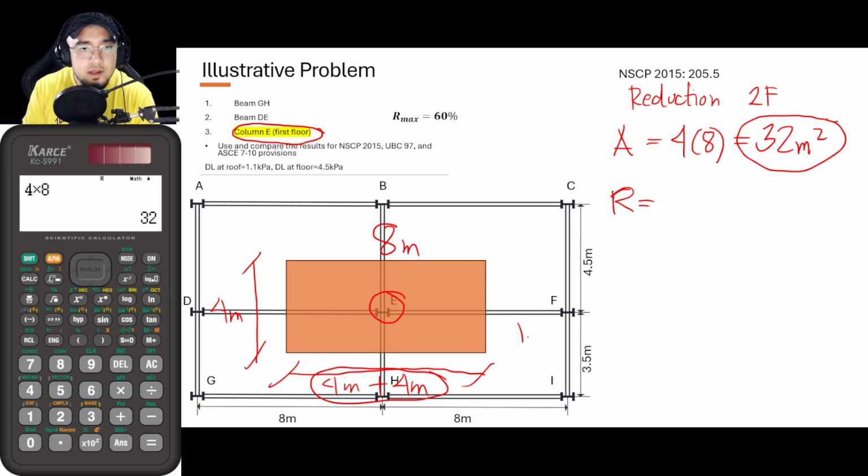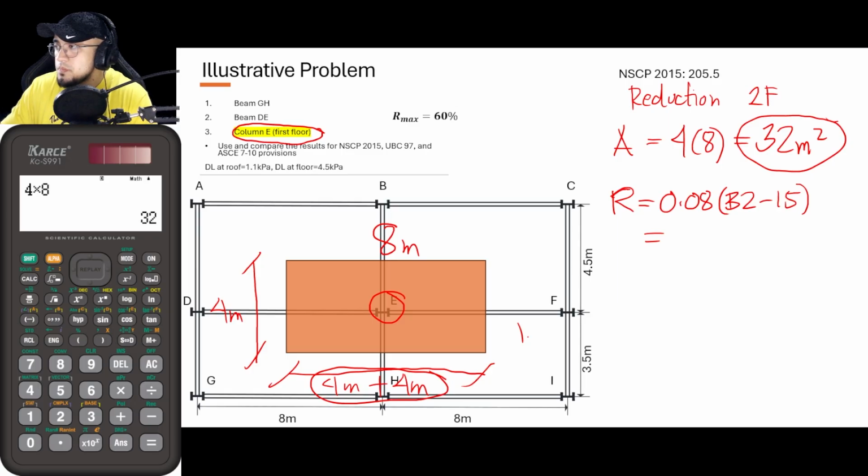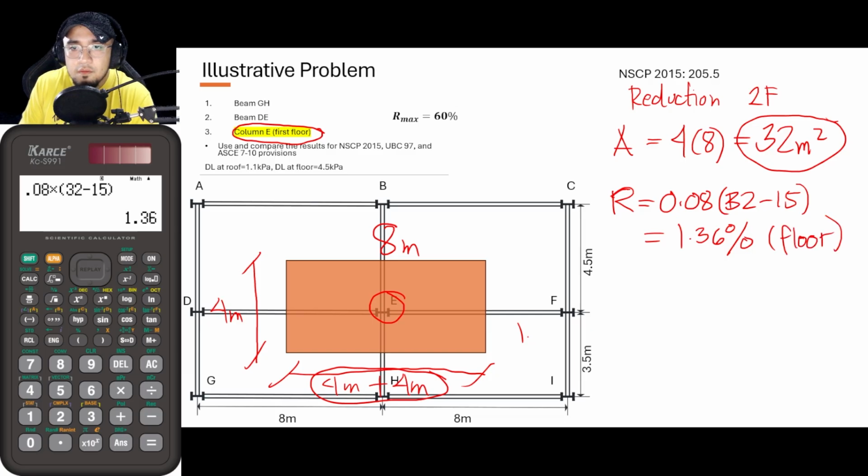So R is now equal to 0.08 times 32 minus 15. And the value for R would now be equal to, so 0.08 times 32 minus 15. Answer 1.36%. So again, this is for the floors, okay? So R is equal to 0.08 times 32 minus 15 for the flooring. And for the value of R,